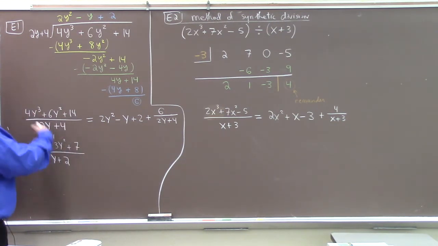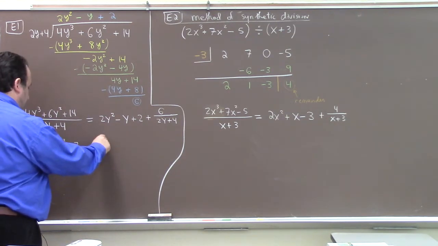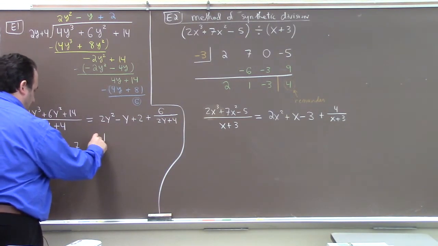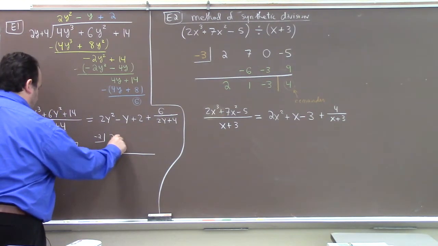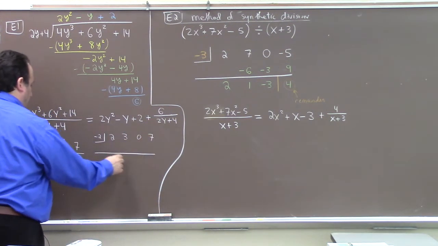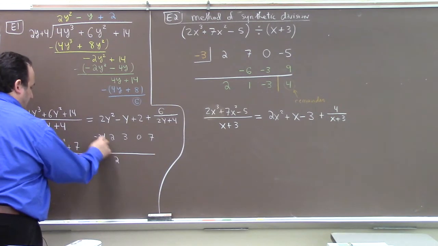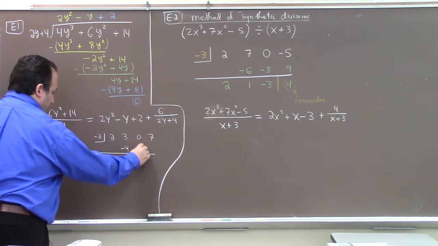I don't know why this problem was given as it was, but now I feel more confident about trying the method of synthetic division on it. All right, so let's try synthetic division on this thing. It is, after all, equal to that. So we put -2 up here, draw our line. So we bring 2 down here. That gives me -4. Add them, -1,